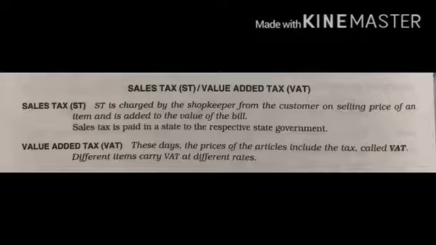These days, the price of an article including the tax is called VAT. Different items carry different taxes, like on dining, if you go outside for dinner, if you watch a movie, or if you buy an article like a fridge, then electronic items have different tax rates. Now GST is imposed or started in India. This is the common tax, but the rate of the tax is different for different articles.